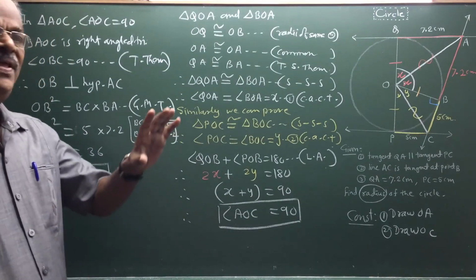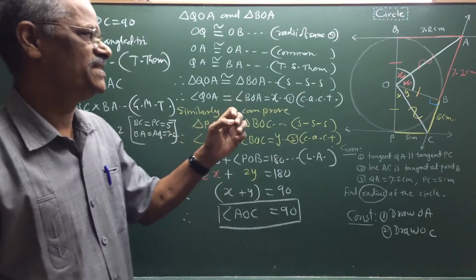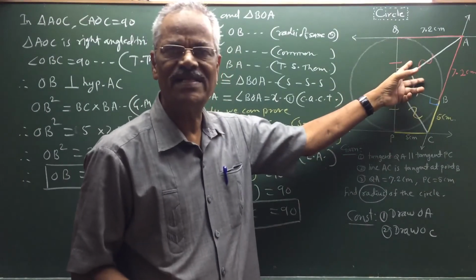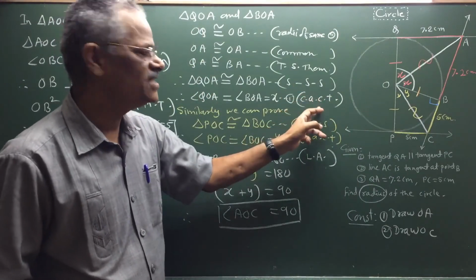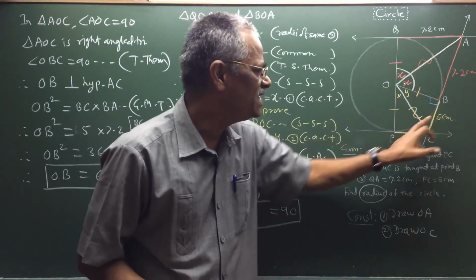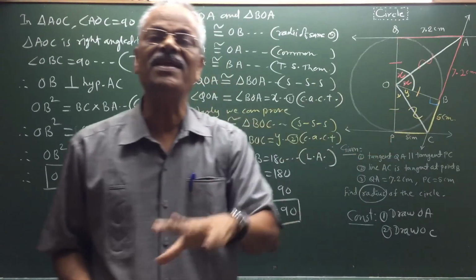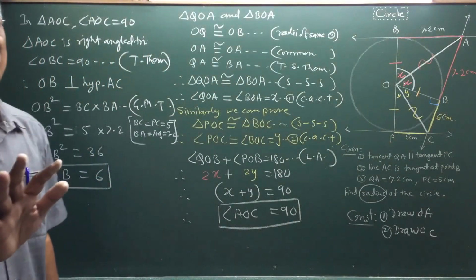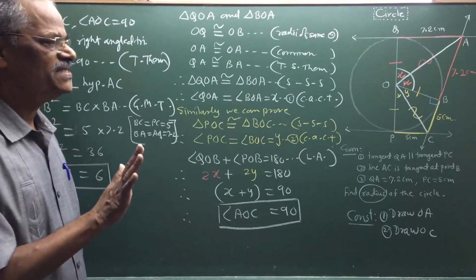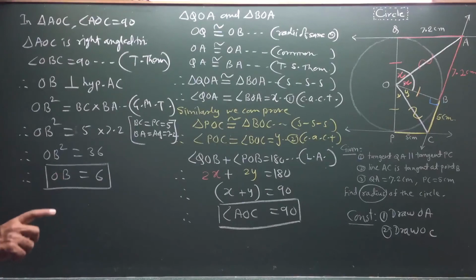Very interesting problem. We are getting many properties here. You can see that it is a revision of all properties. Radii of the same circle are equal. Two congruent angles are there. By the SSS test, corresponding angles are equal. Tangent segments are equal. We proved the right angle triangle, and we used the geometric mean theorem also. So, a big problem, getting a revision of many points. This is interesting for you. You can try to revise this problem again and again.